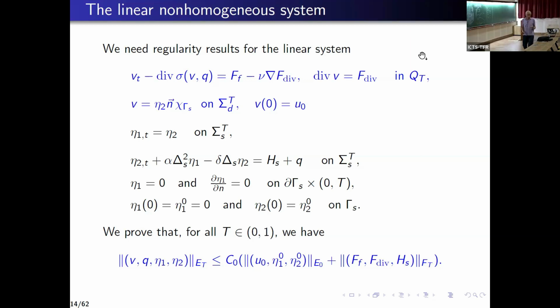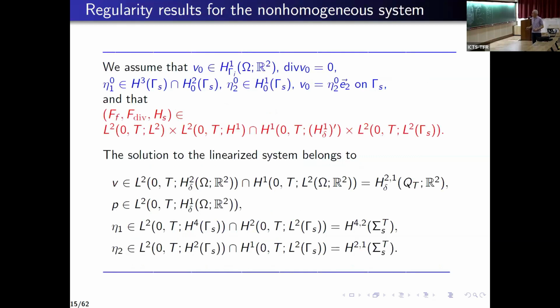But what is important, and this is the difficult point, is to have an estimate of this type for all time t. It means that I have to prove that the constant here is independent of time t when t is close to 0. For t large it is easy. The difficulty is for t small. Okay. And this is the type of result we can obtain.